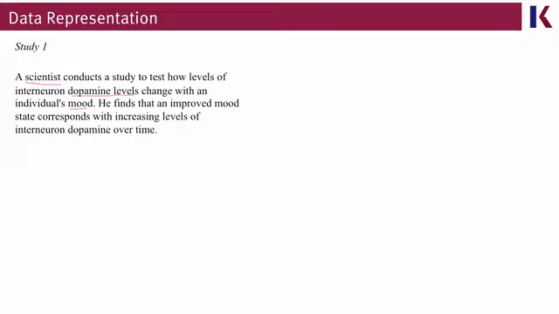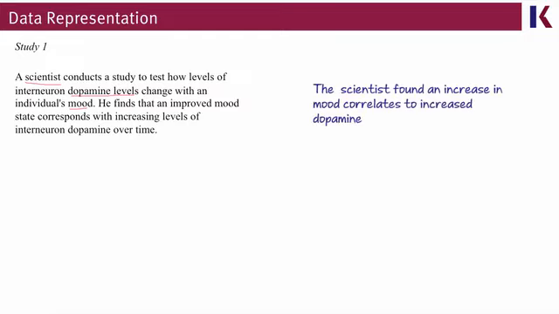In this case, the conclusion is given as the last sentence. As described here, an improved mood is correlated with increased dopamine. What terms could we use to describe this relationship? Well, when an increase in one variable is correlated to an increase in another, or by extension a decrease in